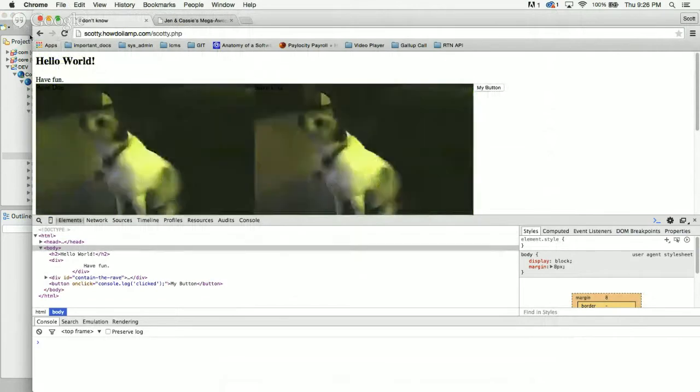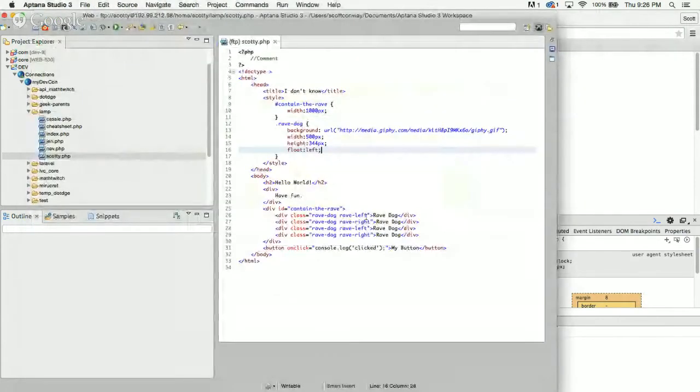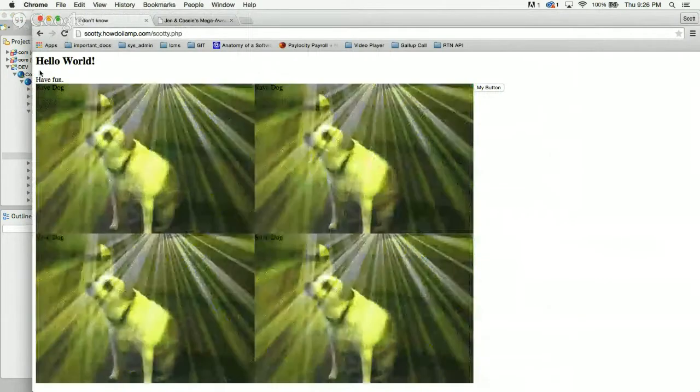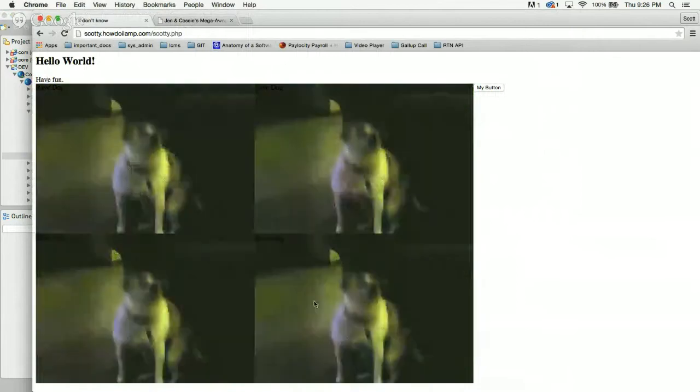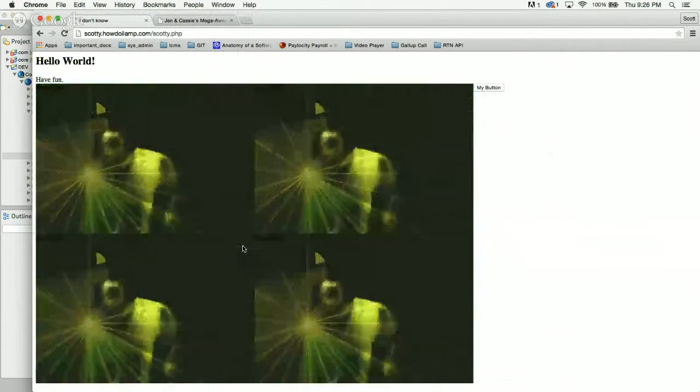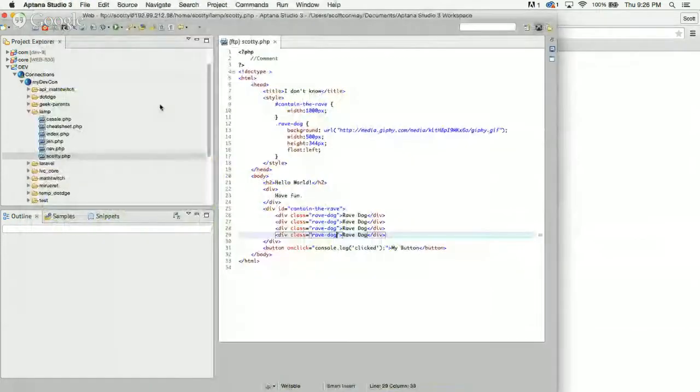So I don't need these extra classes, and it's just a matter of floating it. We haven't really gotten into floats, but here's the really basic explanation: if I tell a group to float left,